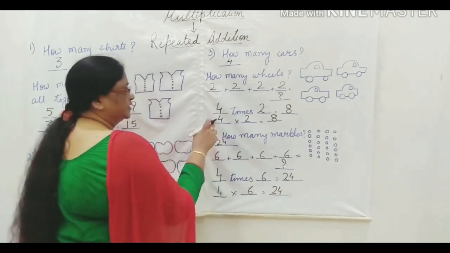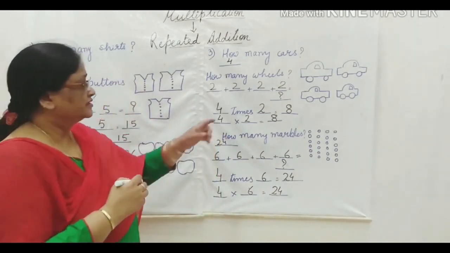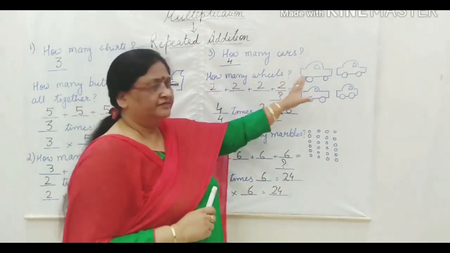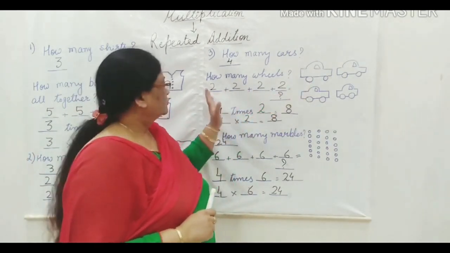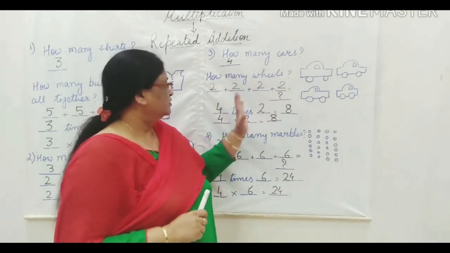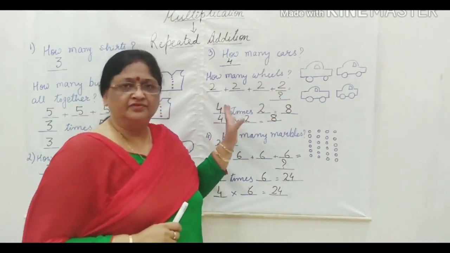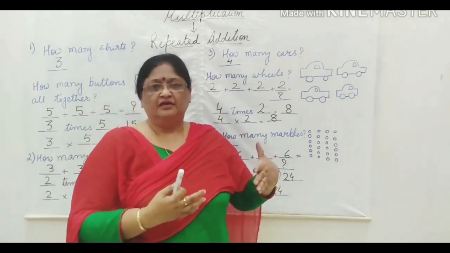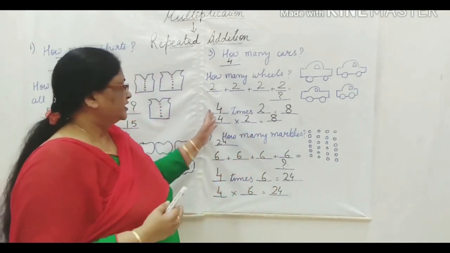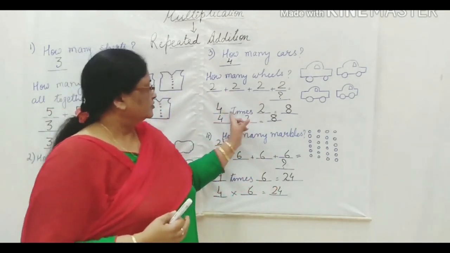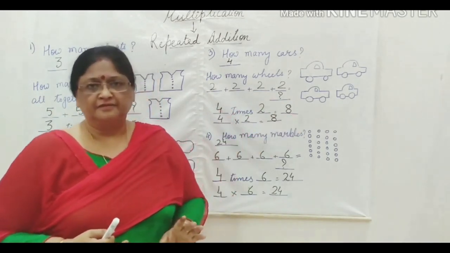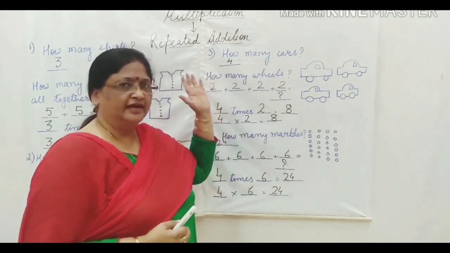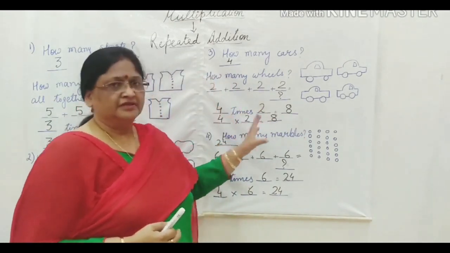So children, here you have understood how many times it is given in the group. If 2 is given 4 times, you write 2 plus 2 plus 2 plus 2, whatever they have asked, you have to add. And how many times 2 is there, that you have to see. You have to ask yourself the question, how many times it is there. Whatever the number of times, like 4 times 2, you multiply with that and you get the answer. Instead of doing repeated addition, adding all the numbers, it is better to multiply.